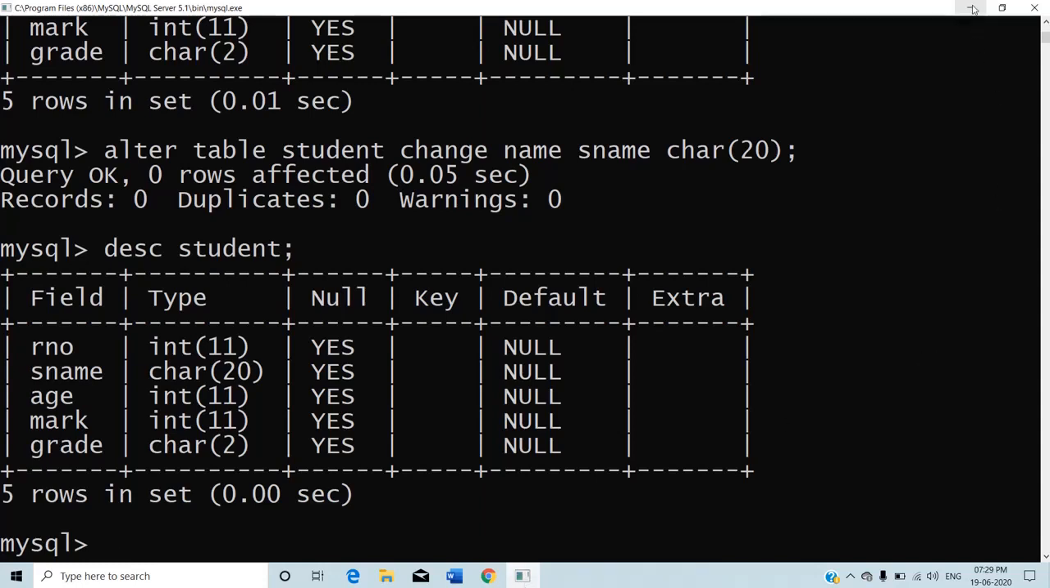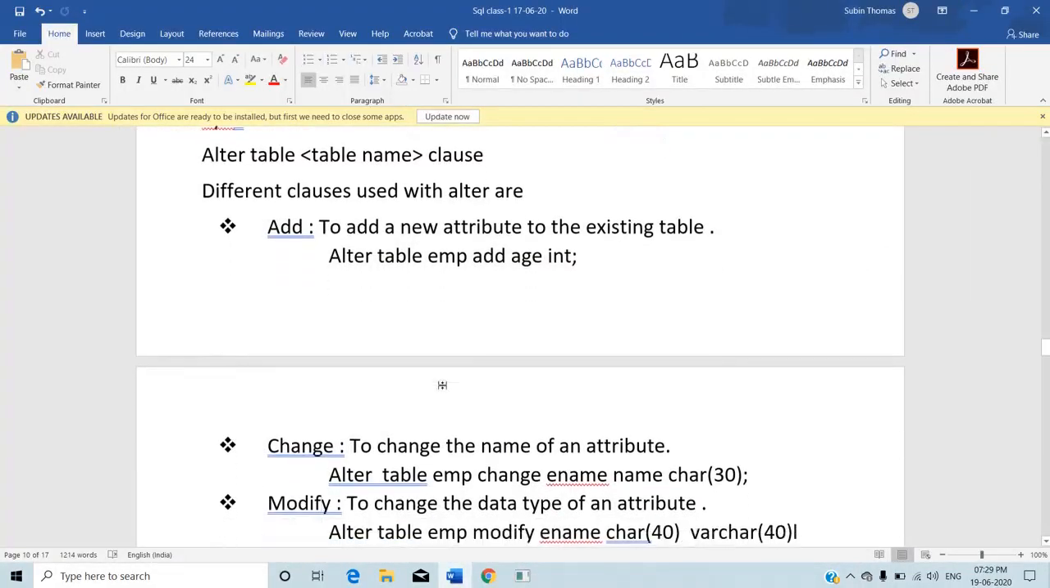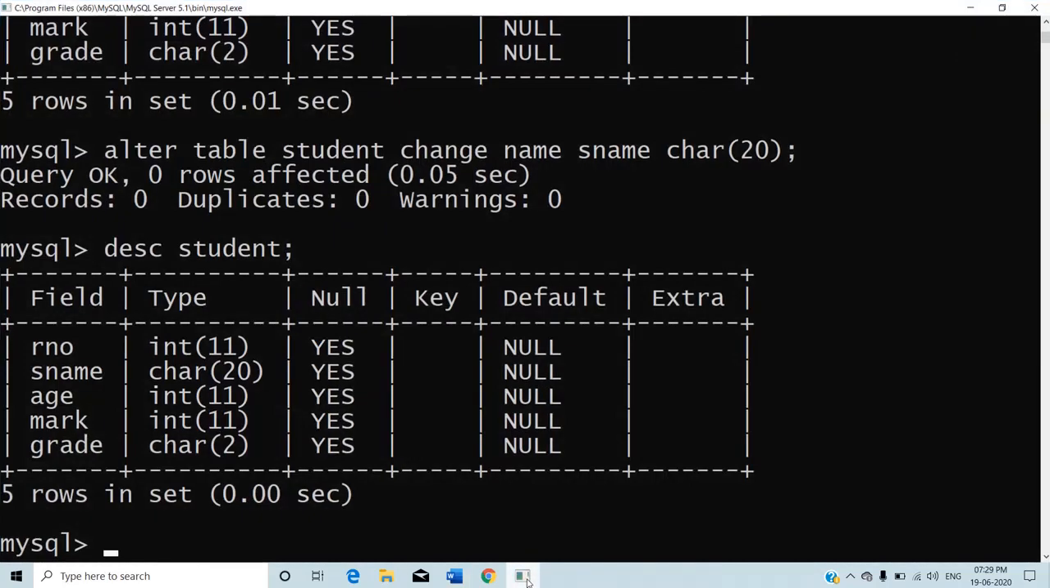Next, the next clause is modify. Modify is used to change the data type of an attribute. You want to change the existing data type. So for that you can use modify. So here I am going to use modify over here. I can select this one, alter table modify,